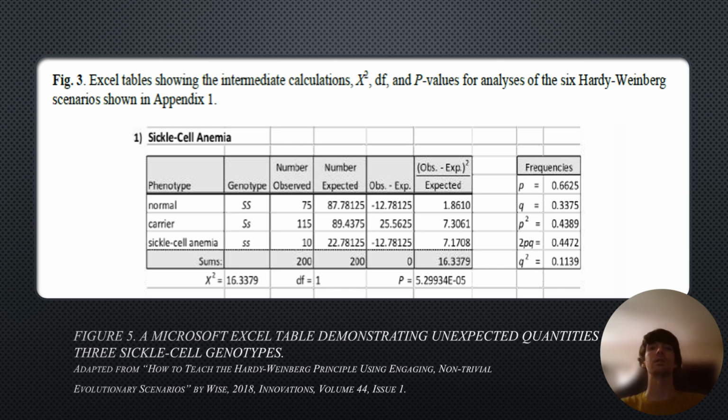Moving on, here's the sickle cell anemia example from How to Teach the Hardy-Weinberg Principle, a 2018 piece by Professor Michael J. Wise. Wise demonstrates how those with the homozygous genotype of s, sickle cell carriers with both recessive alleles, are underrepresented compared to heterozygous S carriers. In this case, natural selection is violating the HWP, as the s individuals are more likely to die of malaria